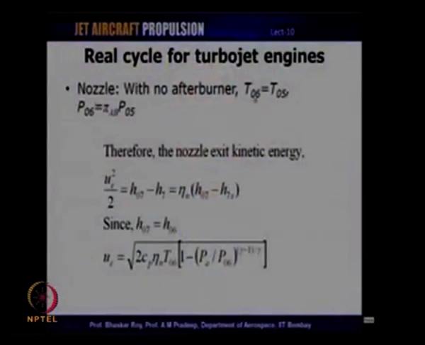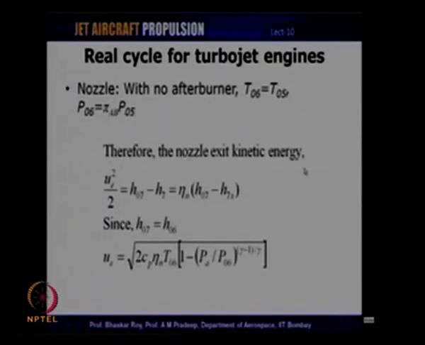And if there is no afterburner, we can also assume that there is no pressure loss occurring in the afterburner or in the jet pipe. So, P06 will be equal to P05. So, with these assumptions, the temperature is the same. If there is an afterburner still present and still not being used, there may be some loss in stagnation pressure, in which case P06 will be equal to the stagnation pressure loss factor in the afterburner, pi AB, multiplied by P05.